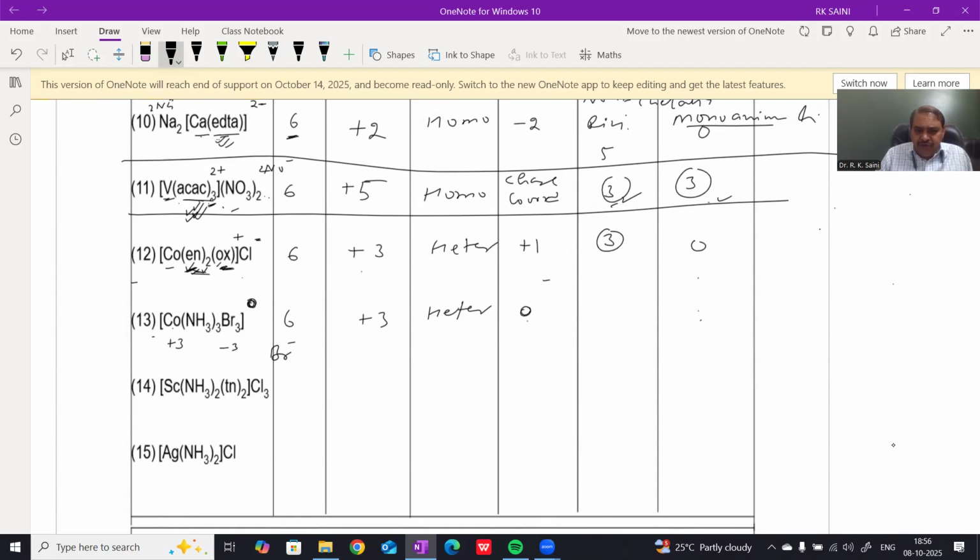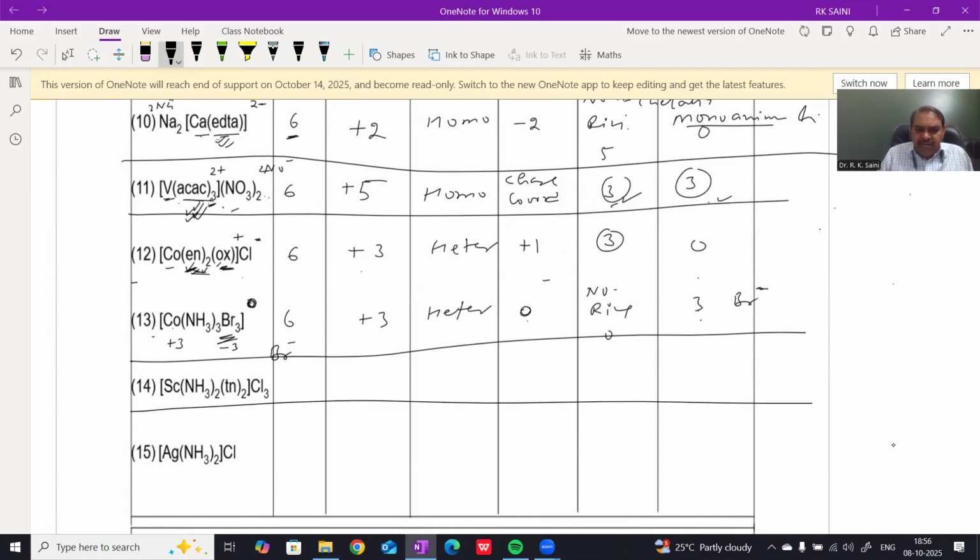Number of chelating rings: 0. Chelating rings 0, because all ligands are monodentate, so no chelating ring. Mono-anionic ligand 3, namely bromide ion. Next question is scandium. What is the coordination number of scandium? 2 ammonia and 2 TN. TN is